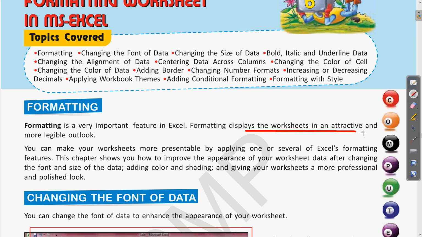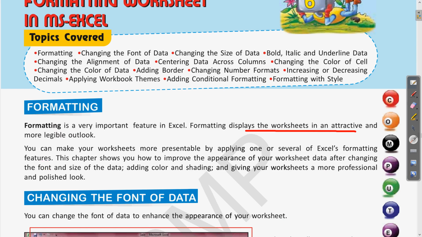So to enhance the outlook of the data or to make it appear attractive is the reason of using the formatting.